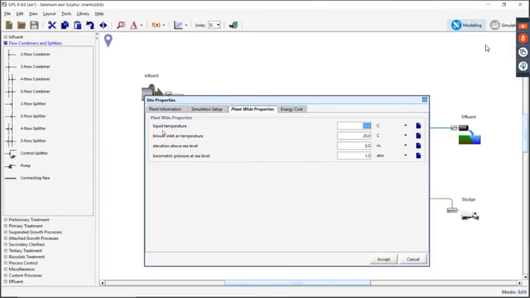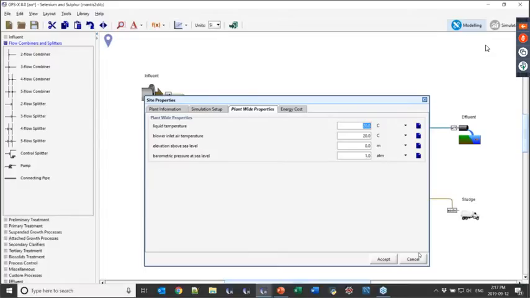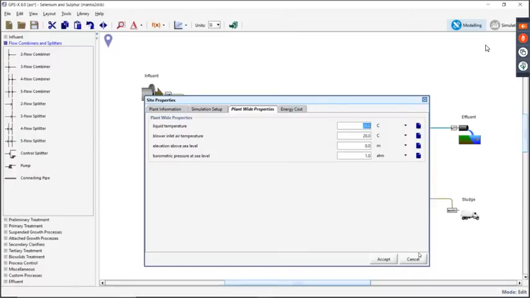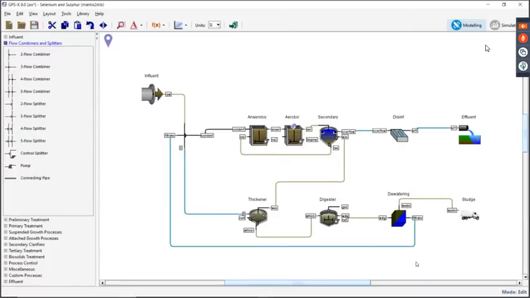That's, of course, a really key thing that you're doing when you're calibrating a model anytime, to make sure you have the correct temperature. And so now that's sitting there on the drawing board, and hopefully a little bit easier to access and keep in the front of your mind.